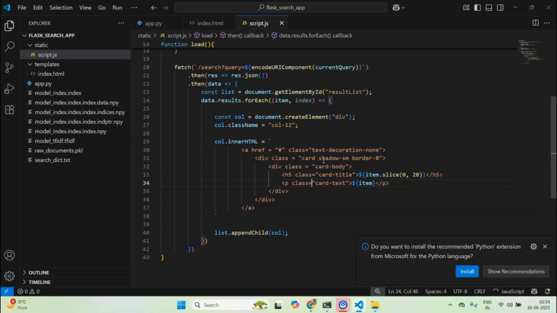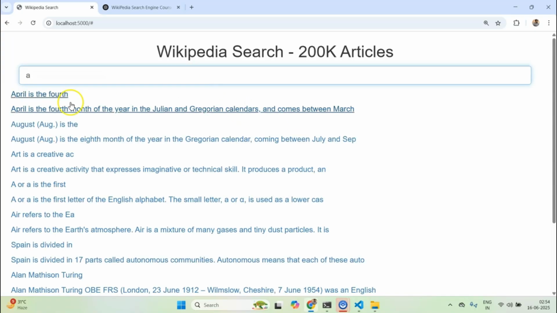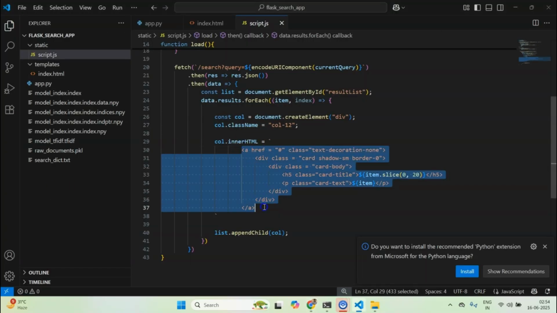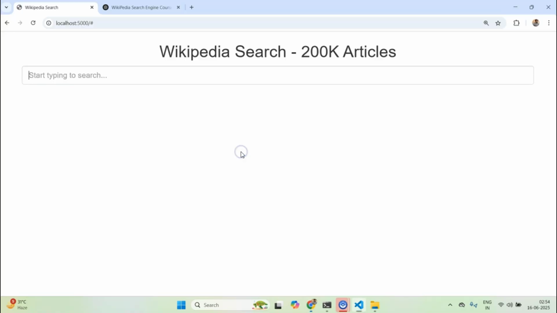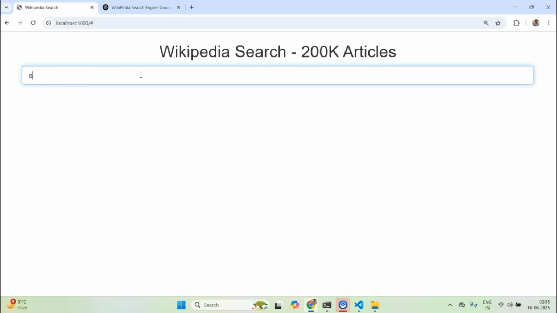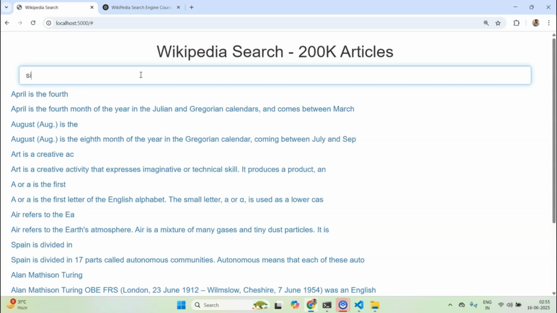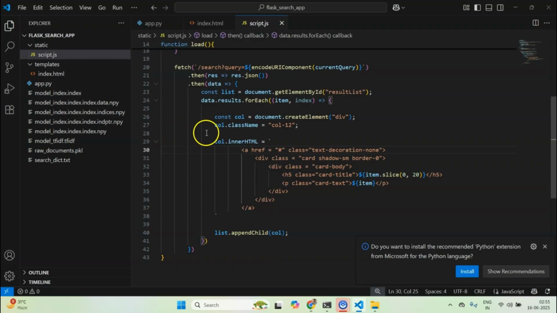Okay, all right, I think this is looking good, and we can probably work more on its aesthetics and design, but overall I am satisfied with the results. Now if I try to search something else, maybe Sin, yeah, okay, that works. So I think that would be it.